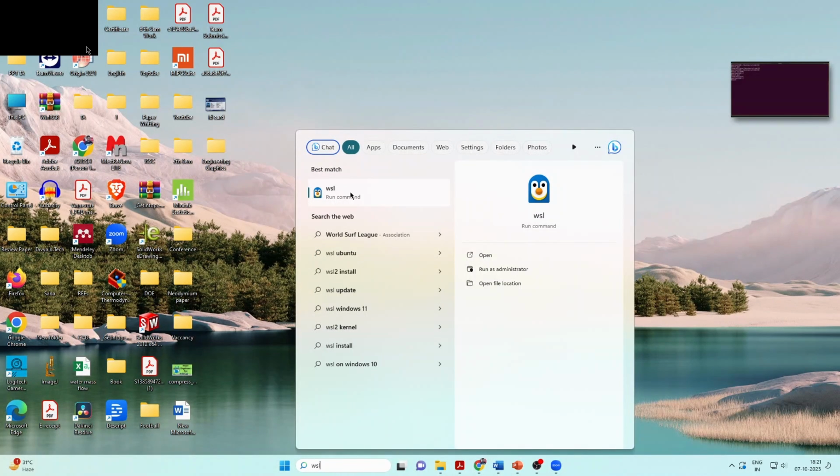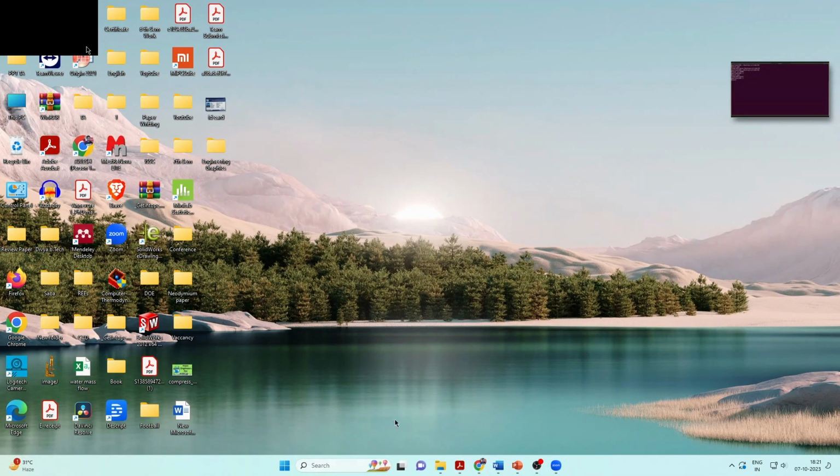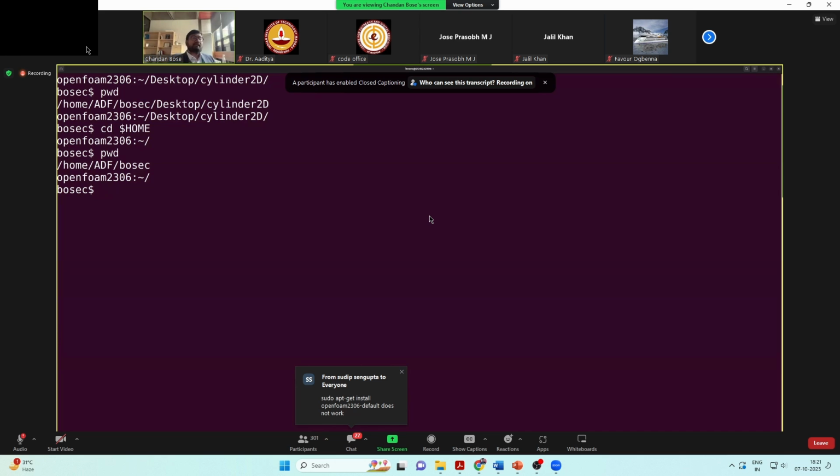Now, some people are asking why it is showing OpenFOAM 2306. I will come to that in a while, but irrespective of that, what I'm showing can be done in any case. So you can see that my home directory path is /home/ADF/BOSC. Now, once your OpenFOAM is installed, to activate the terminal for the OpenFOAM environment, you have to actually activate